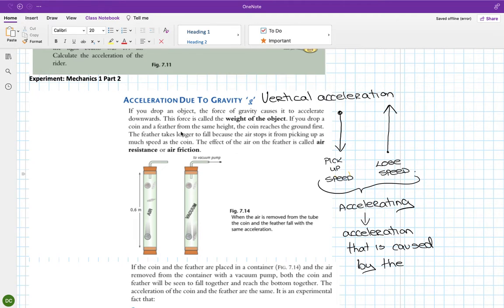If you're dropping something, then that something is going to be picked up by gravity and accelerated. And if you're throwing something against gravity, then gravity is going to slow it down. Either way, its speed or its velocity is changing, and if its velocity is changing, then it is accelerating. Yeah? Any of you that were in transition year last year, we did talk about this last year. So if you drop an object,